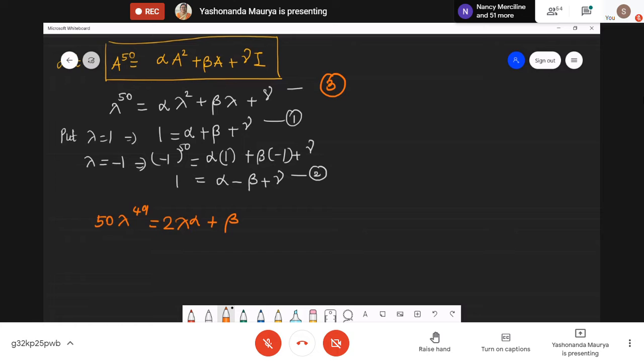That's it. Now in this equation, we will be substituting the values of lambda. Now we had 2 choices for lambda. Lambda can be substituted as 1 and it can be substituted as minus 1. Which value do we substitute over here? 1. The value which has repeated, only that will appear. So it will be 50 into 1 is equal to 2 into lambda into 1 plus beta. So it will be nothing but 50 is equal to 2 lambda.